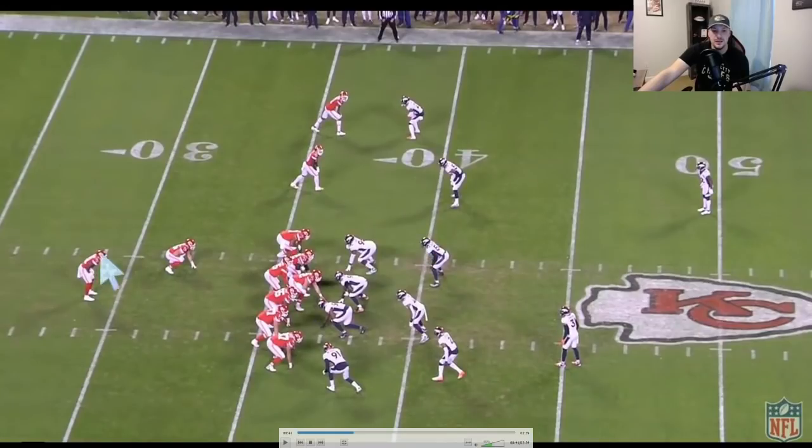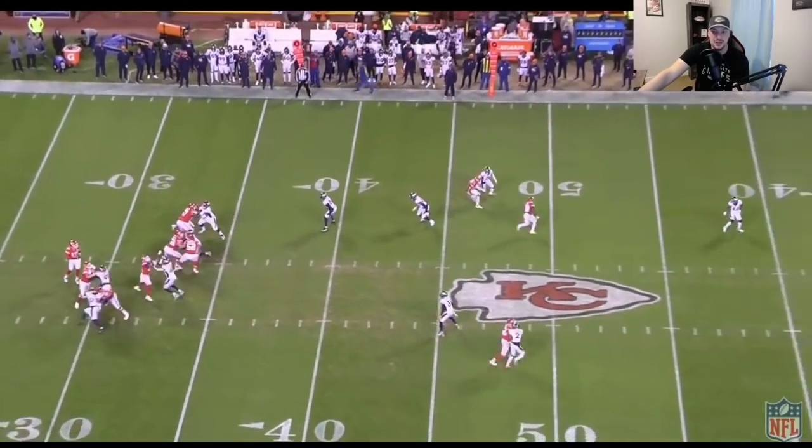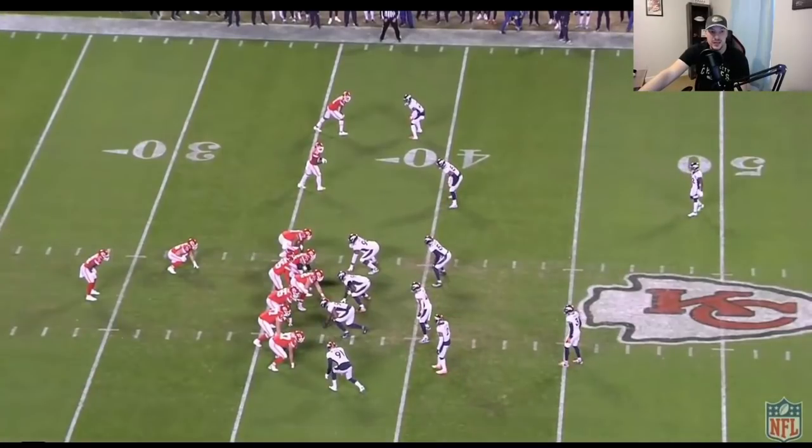So this is one of their more common deep shot plays, in my opinion. It was one of the most common formations. You're going to have the tight end on the line here with Kelce. You're going to have a fullback, so you have 21 personnel and two wide receivers. This is just a 100% wind throw, in my opinion, and we're going to see it better on the other angle. But as you can see, the Chiefs have recognized what the Broncos were doing in this game, and they were getting